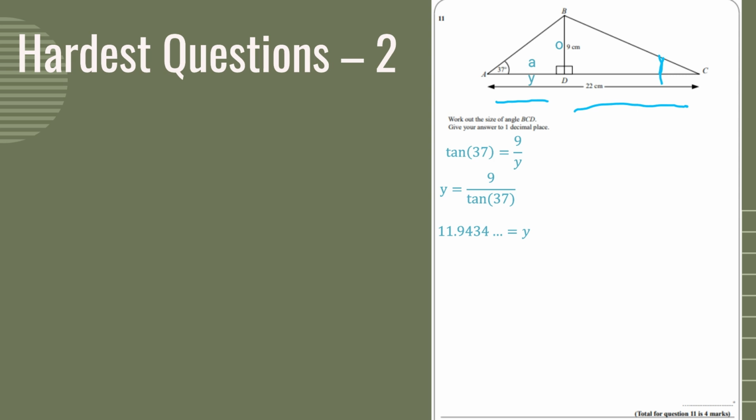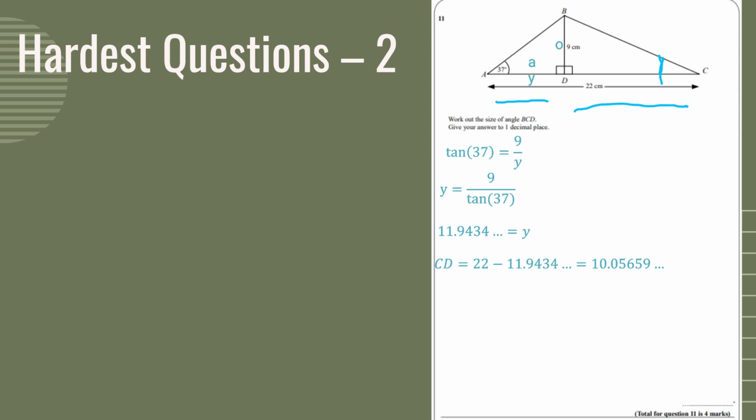If it's a very long decimal, you don't have to write it all out every time. I advise you do, because then the examiner can see what answer you get, and then knows it's probably just a maths error if you've gone wrong. So I do advise you write it out, but I'm not writing it all out for the sake of saving time. Now, CD equals 22 minus y, which is 11.934, and this gets us to